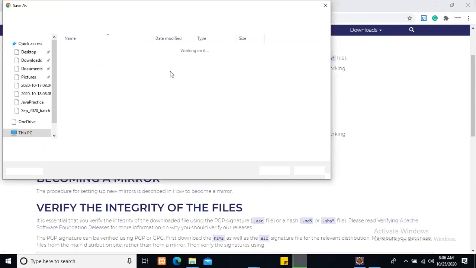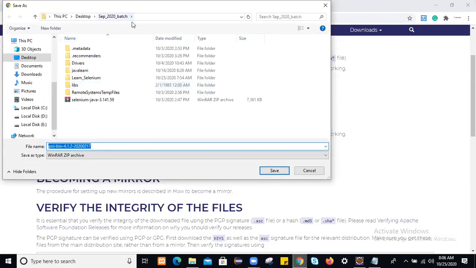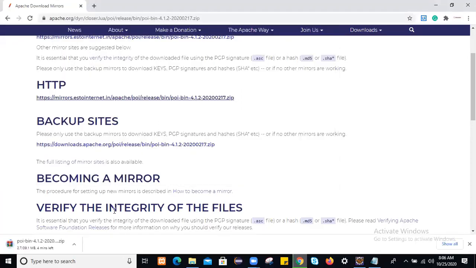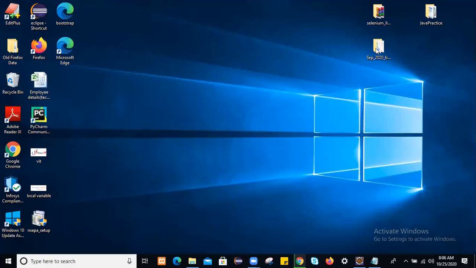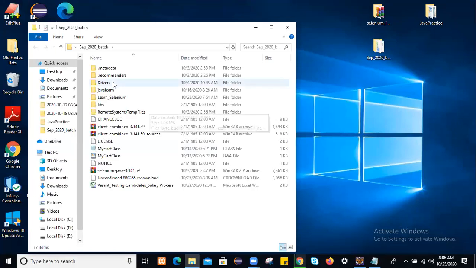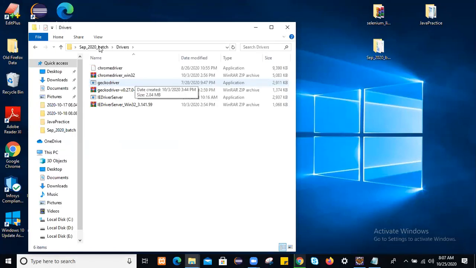So what is the location? In September something, we have a library, Selenium, learn Selenium. Let it be as of now, we will download this at that location. Once you download this, in this location we'll create all the libraries here. The drivers we kept here, all drivers.